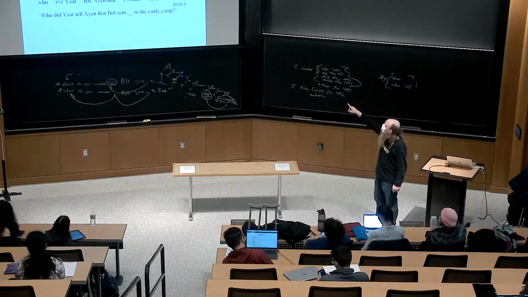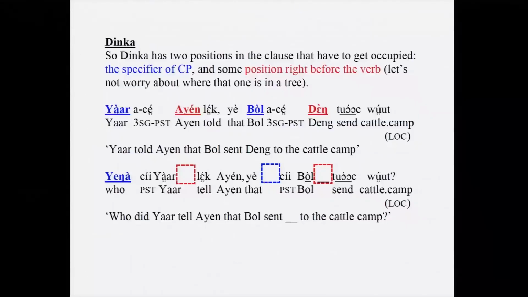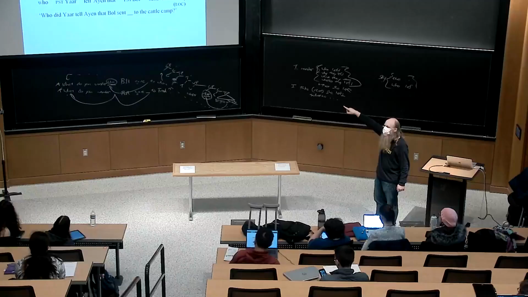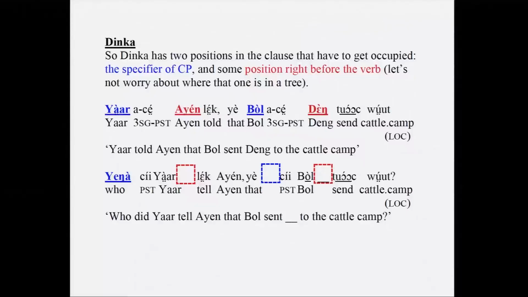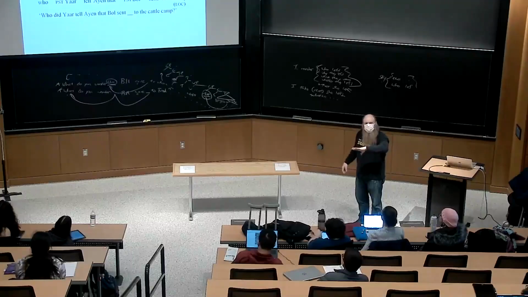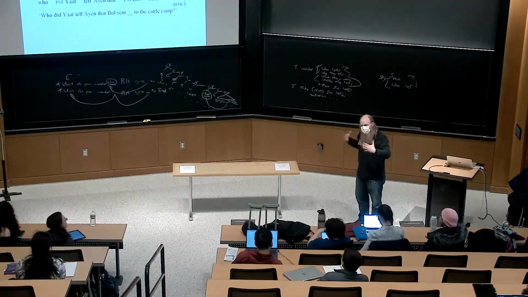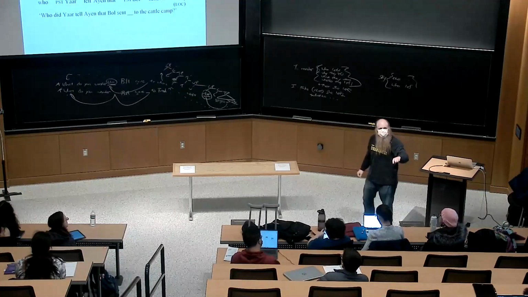But what's interesting is that the blue position right above that, the one before the auxiliary of the embedded clause, the one that was filled by Bol in the first example, can't be filled by Bol. Right? Bol has to not be there anymore. And similarly, the red position before tell, the first red position in the second example there, the one that's an empty box, has to be empty. Normally it would be filled by Ayen. That's what it's being filled by in the first example. But if you WH move across it, it has to be empty. Okay? So these positions that ordinarily absolutely have to be filled cannot be left empty, and suddenly they have to be empty if you're moving a WH phrase across them. Yeah? Well,